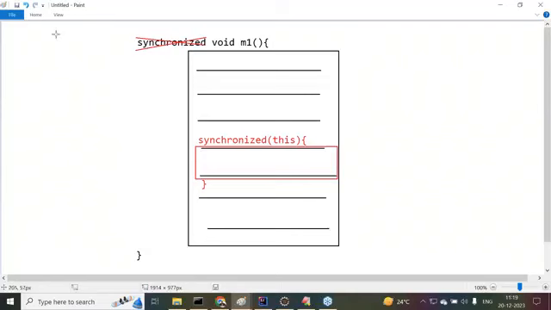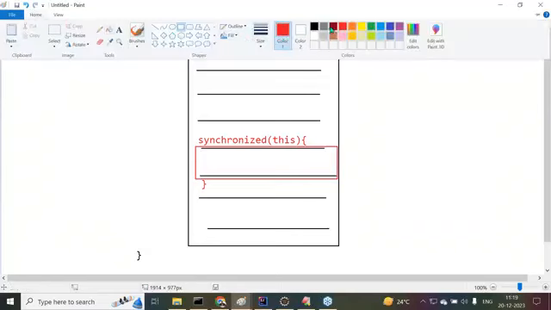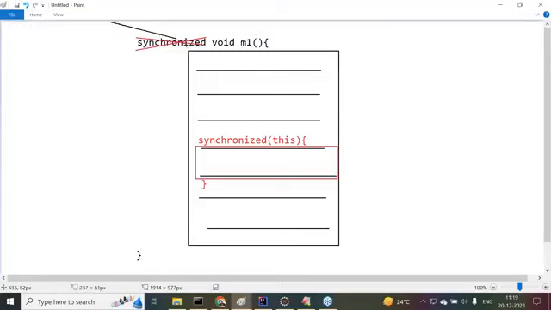Now tell me, if we send more than one thread at a time to this particular line, what is going to happen? If we submit more than one thread to this program, multiple threads are coming to this program. Almost all 4 threads we provided. Now what is going to happen? In the case of a synchronized method, out of these 4 threads, only one thread is allowed. All remaining threads must be in the waiting state.